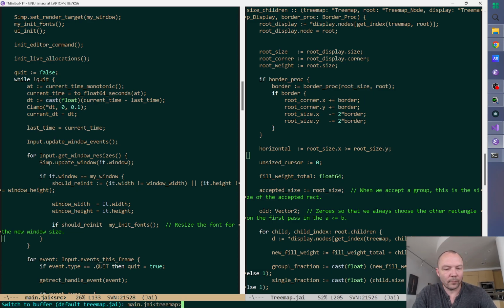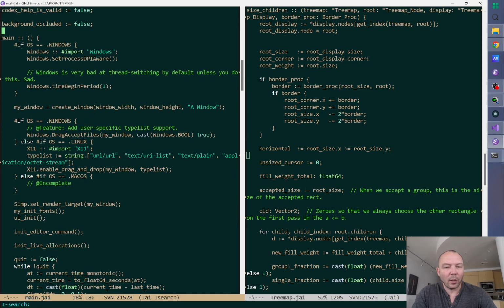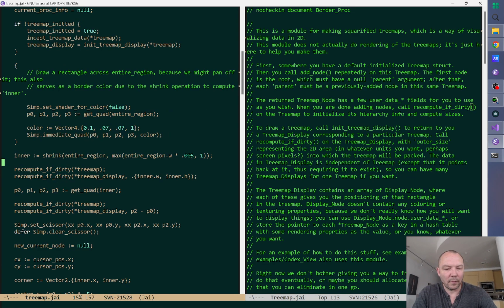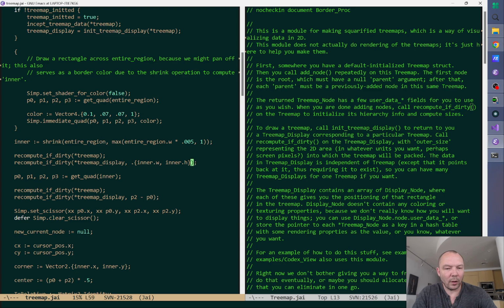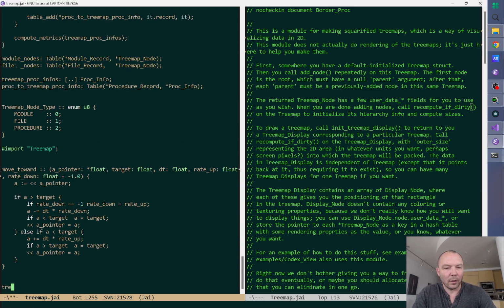I'm going to kill this main so it makes it easier to switch buffers. If dirty, oh, that's not even here. It's not even there. If dirty, recompute. If dirty, treemap border proc. Okay, treemap border proc is going to be